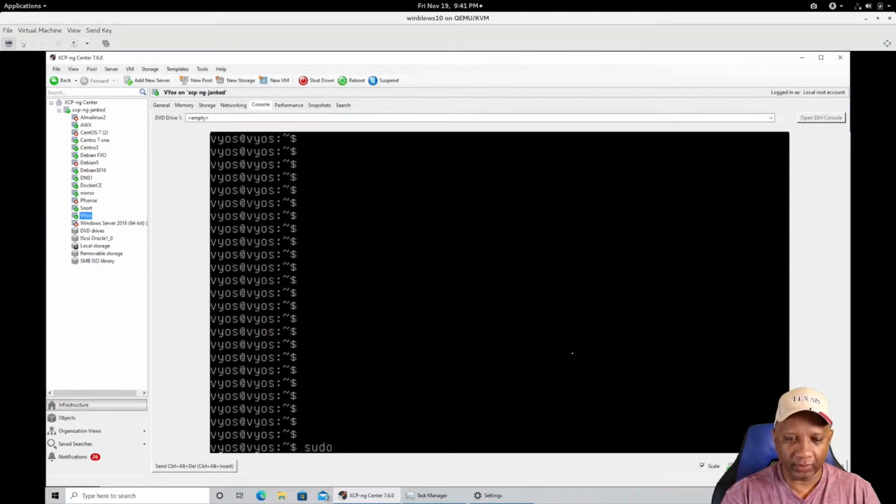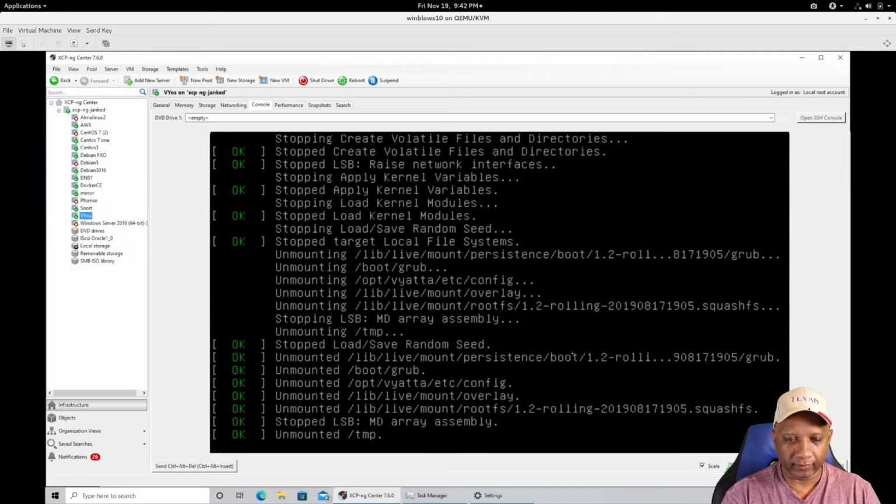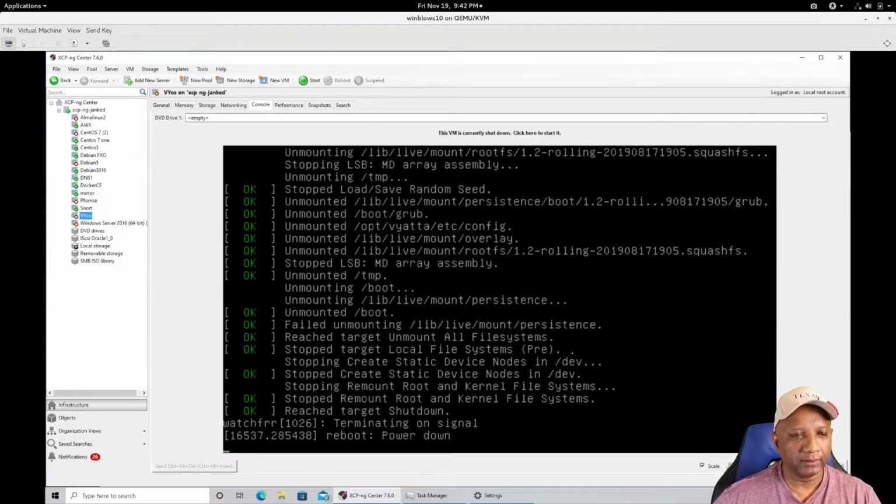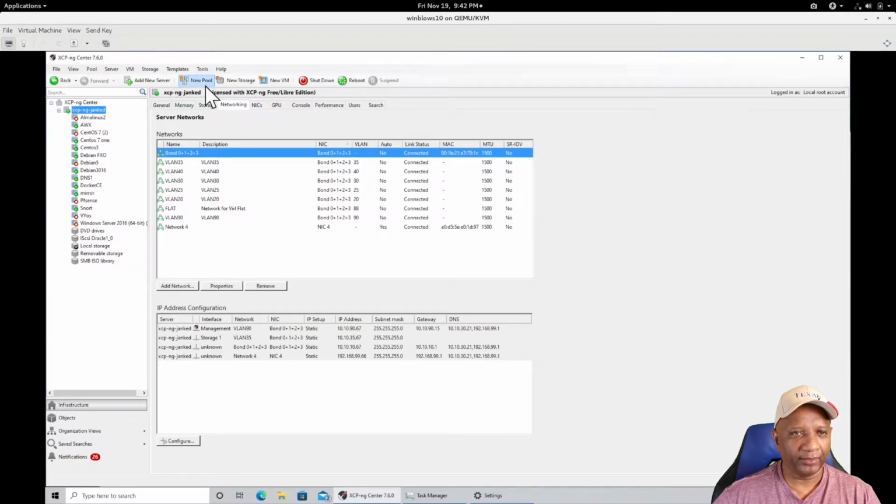Have to run sudo. Okay, so I've shut down the existing Vyos router, and I'm going to create a new one and install from